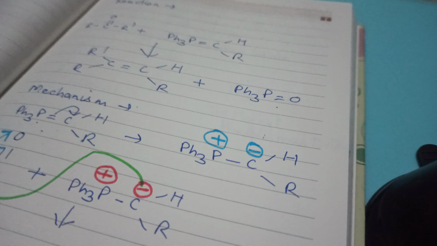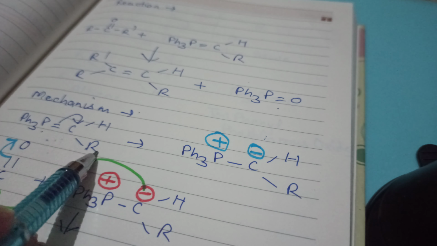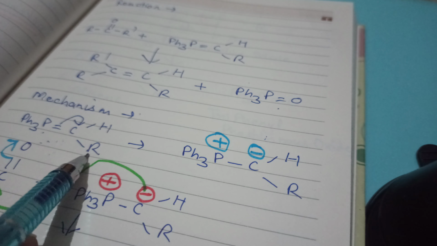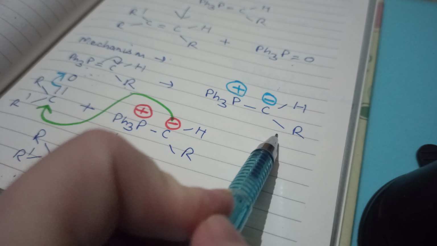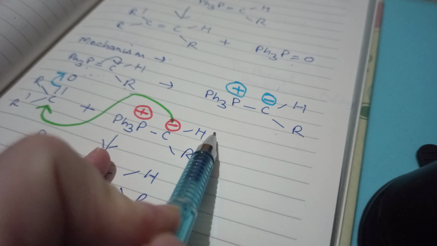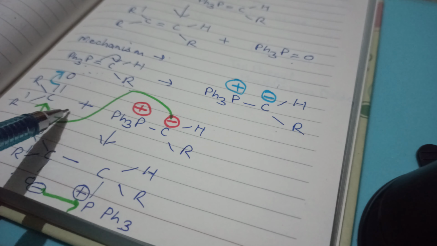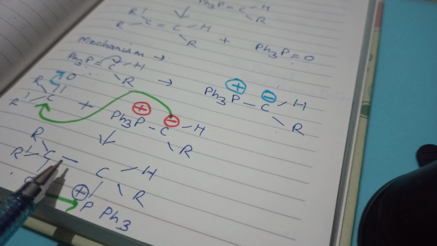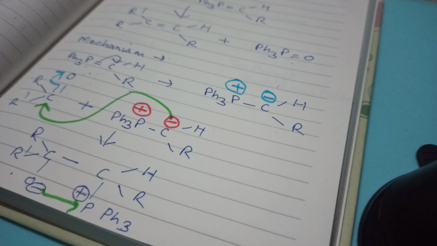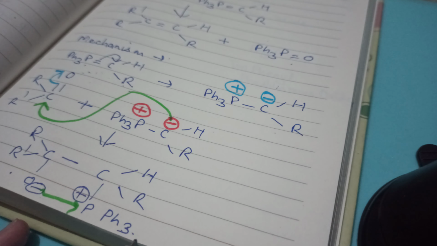I am repeating here the mechanism. Firstly, phosphorus halide, in case of phosphorus halide, phosphorus is electropositive and carbon is electronegative. So bond is shifted to the carbon and carbon got the negative charge and phosphorus got the positive charge. Now the negative charge carbon will attack on the carbonyl carbon of the ketone and bond shifted to the oxygen, and this type of species is formed. And then O negative will attack on the P positive and bond is formed between the oxygen and the phosphorus.